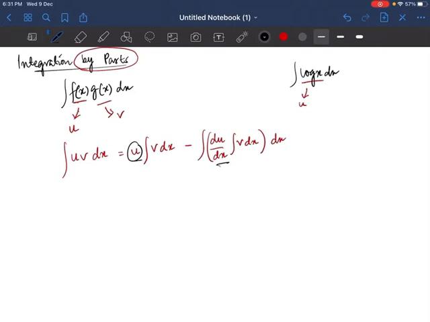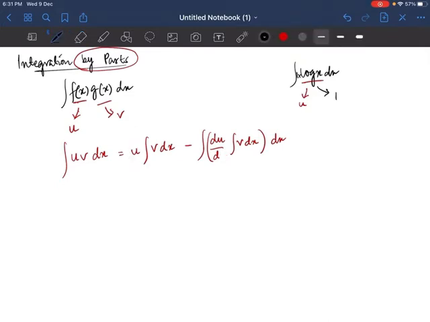So u is never integrated, and the v function taken is 1 because there is no other function in here. So this is how we find integration of log x. That's an example of how to integrate a function by parts. So this is the basic formula: u times integration of v dx minus integration of the differentiation of u times integration of v dx, then the entire dx. Clear? So that's the formula. This is the most important thing of integration by parts that you have to learn.